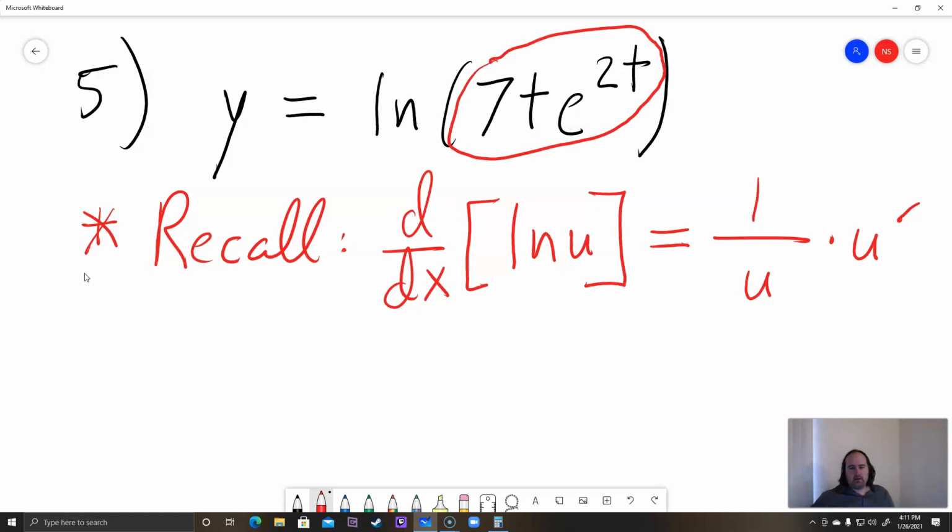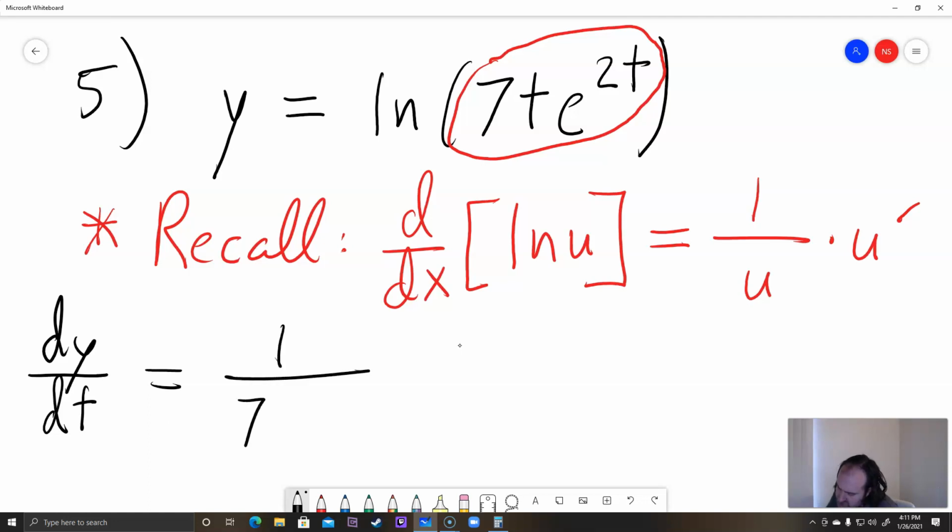Okay. So what we're going to have to do here is we're going to have to do the chain rule. So first we're going to take the derivative of ln, which is going to be 1 over. All right, and here our independent variable is actually t. So we're going to have dy dt equals 1 over 7t e to the 2t